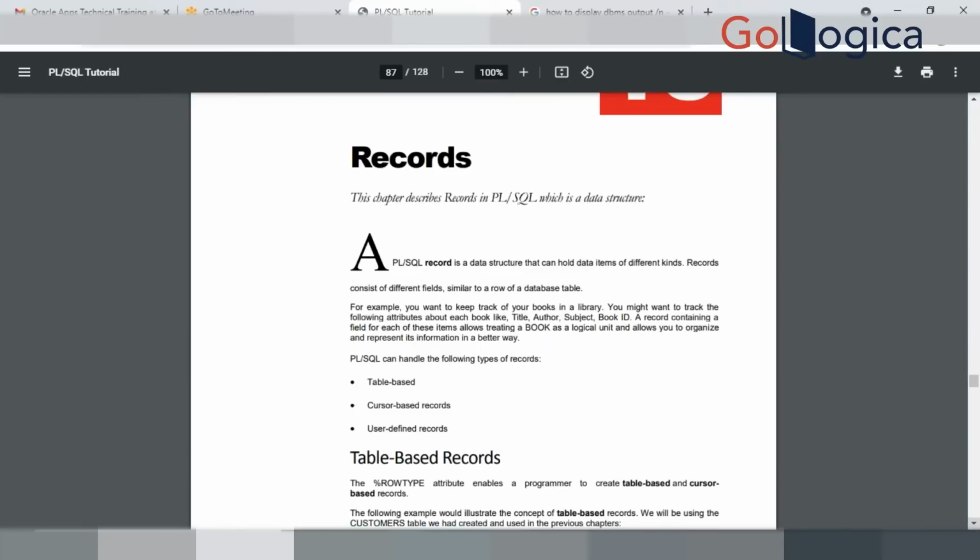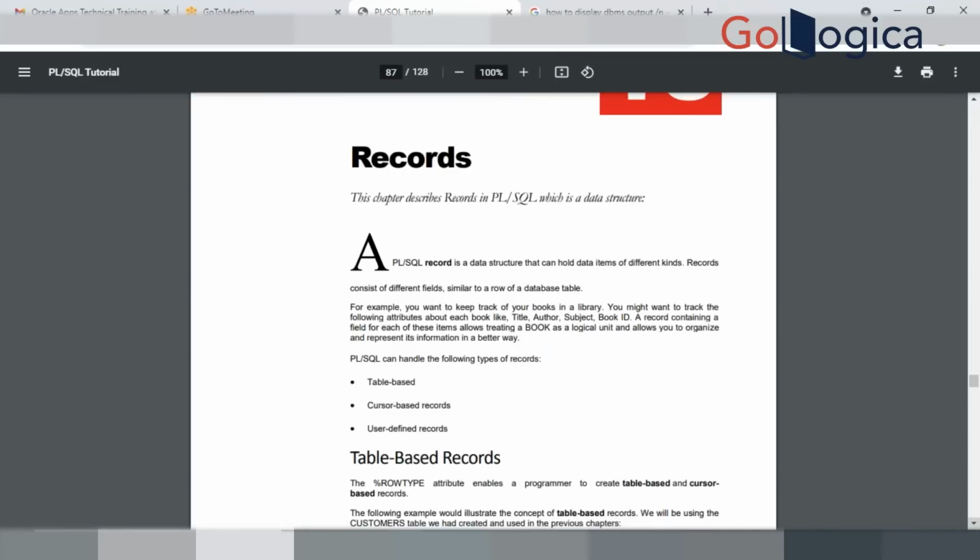Understand? Suppose you want to declare a variable, so you declare it and give it a data type as a number, character, varchar, date, scale, boolean or exception, whatever it is. Now, later, what are you going to do? At that time you don't know the data type and size of the database column,